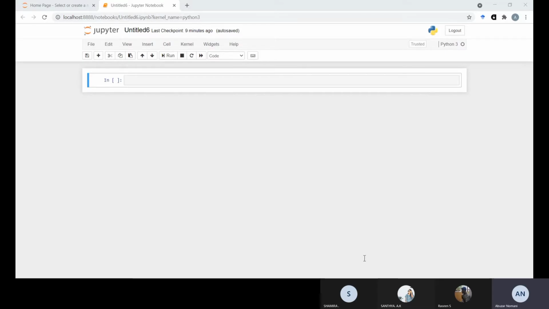Hello everyone. So today we start the introduction of NumPy, and we will do the installation and import of NumPy in Python. Thereafter we will also check how we can use the calculations through NumPy, and we will also check the various forms of calculations that we are able to perform through NumPy.